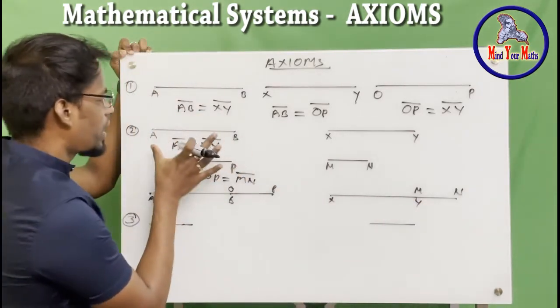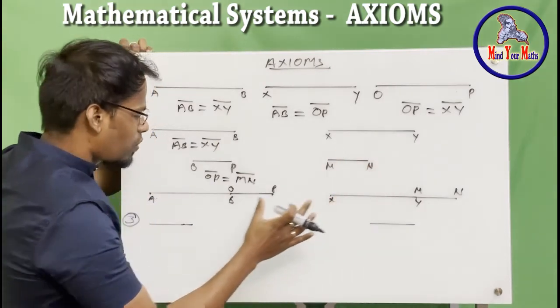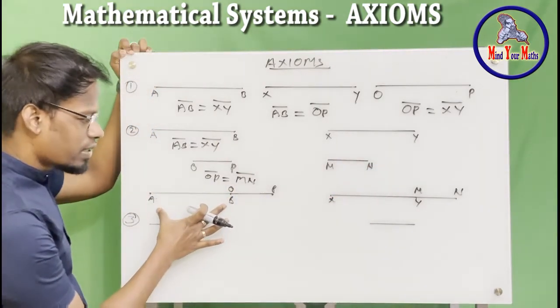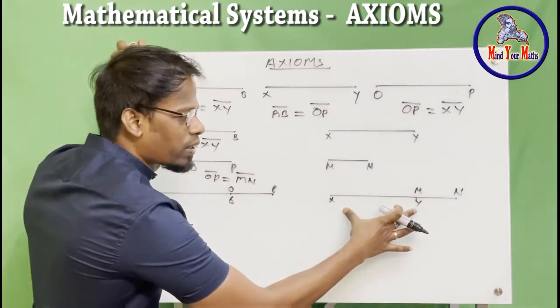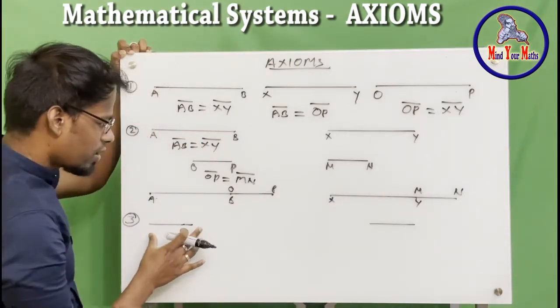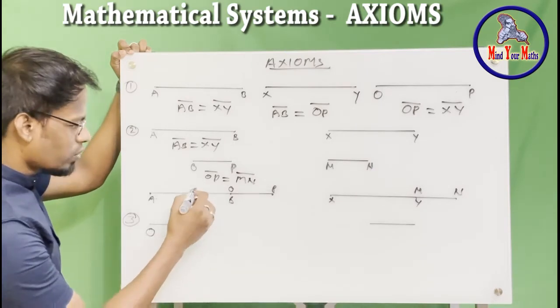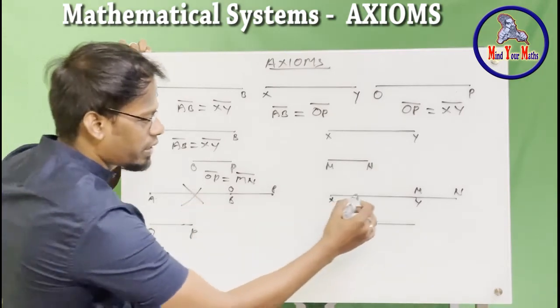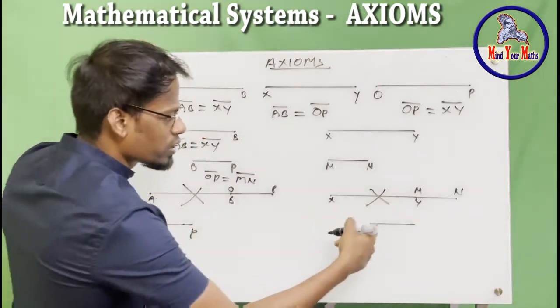And also we know that AB is equal to XY, right? Got it? So now we are going to subtract the AB. We are going to chop it off, and this side we are going to chop off the XY. So what will be remaining here? This side what will be left? OP, because you remove this one, and here also you remove XY. So you will be left with